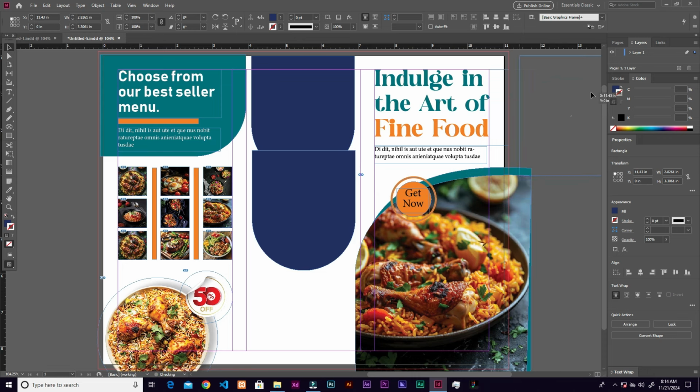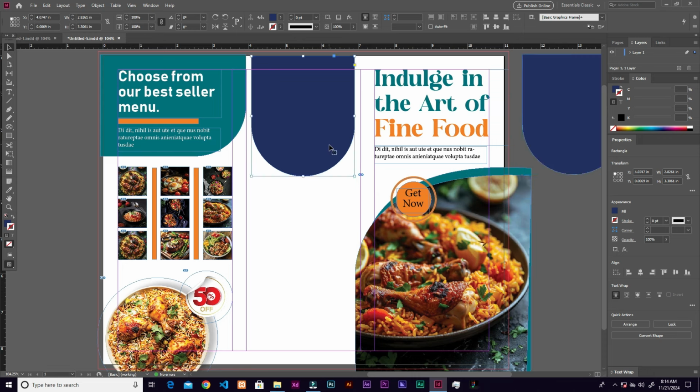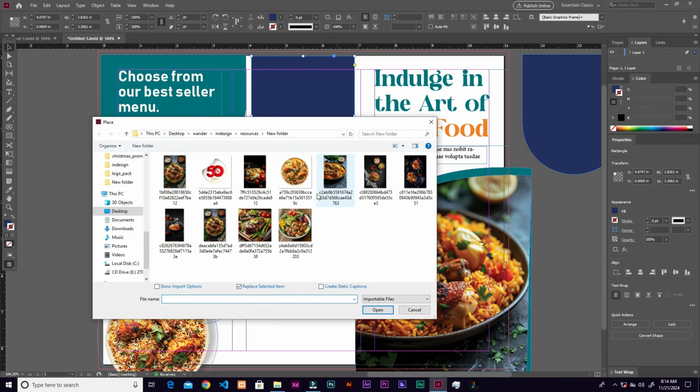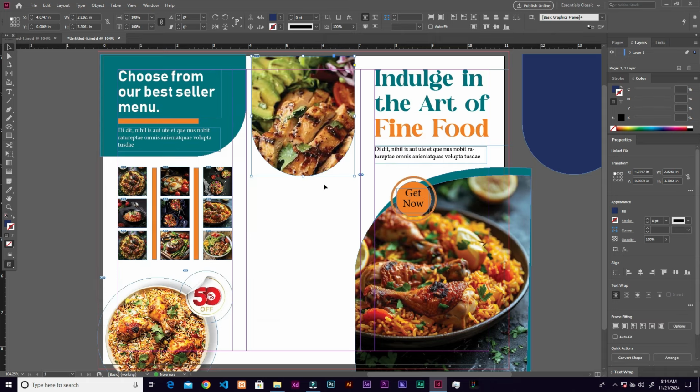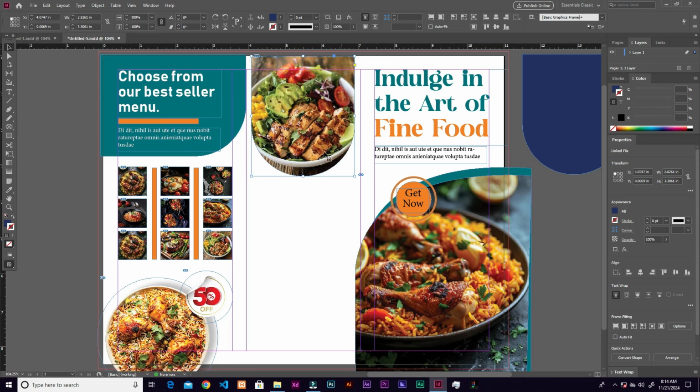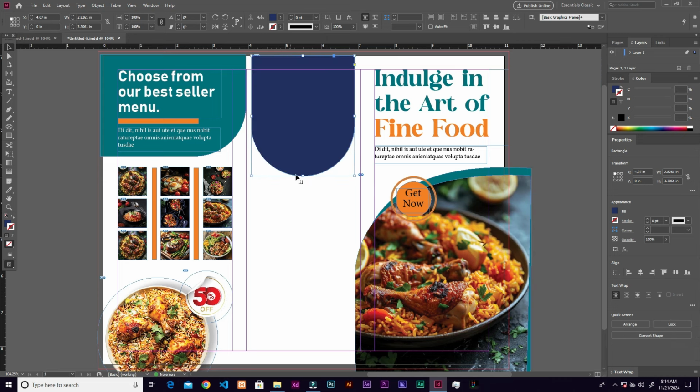But let's put this guy aside, and let's select this guy and Ctrl D because we want to insert an image. So let's pick this image, this one. Good, and let's open. So we use Shift Ctrl Alt plus C. Then we have this. And now let's bring this on top. Okay, and let's push it up like this,